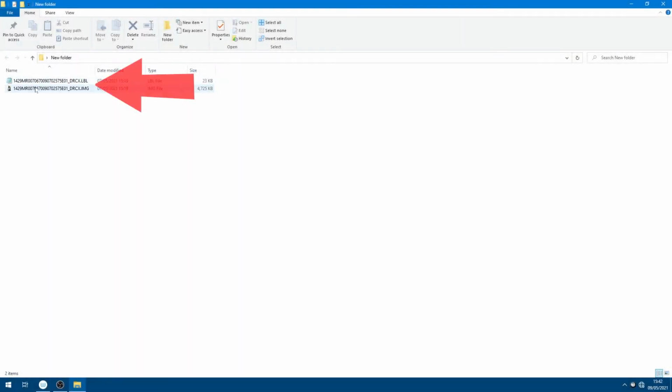Here we have the two files that will be downloaded from Analyst notebook. We have the label file and the .img file. Before we open the .img file in Photoshop, we need to change the file extension. The file extension is this .img. If you don't see the .img file extension here,